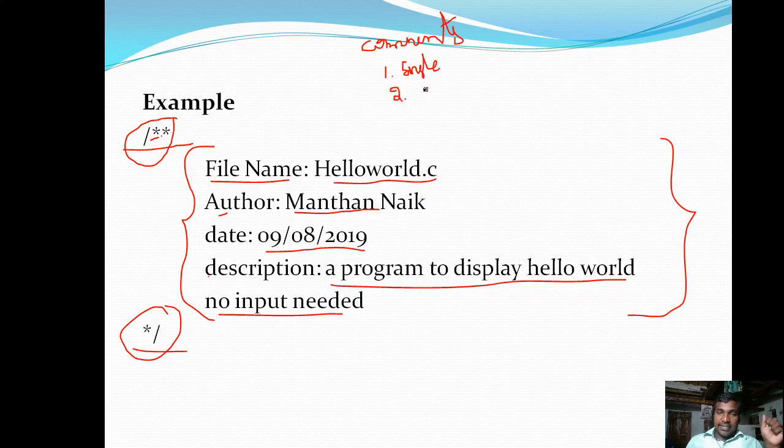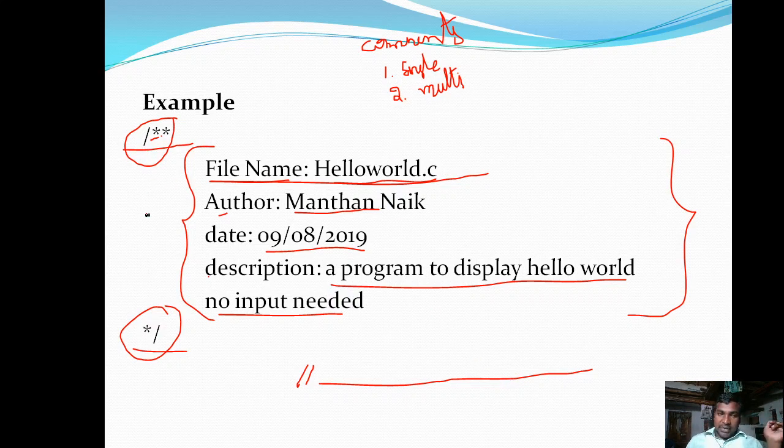One is the single line comment and another is the multi-line comment. Single line comment means every line of text is preceded with two forward slashes; you can write anything in that particular line, and all of it is treated as a comment. Multi-line comment means